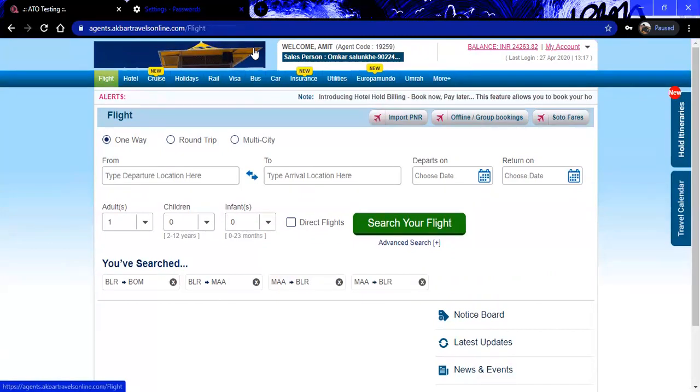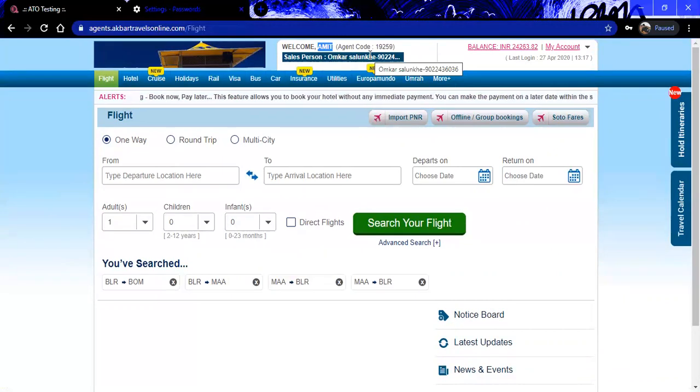Coming on to the further, the agency name is there, the particular agent name is there, and the agency code is there. We are showing the agent code over here. The sales representative allocated to your particular region will be updated over here. You can get in touch with the concerned sales representative for any queries.